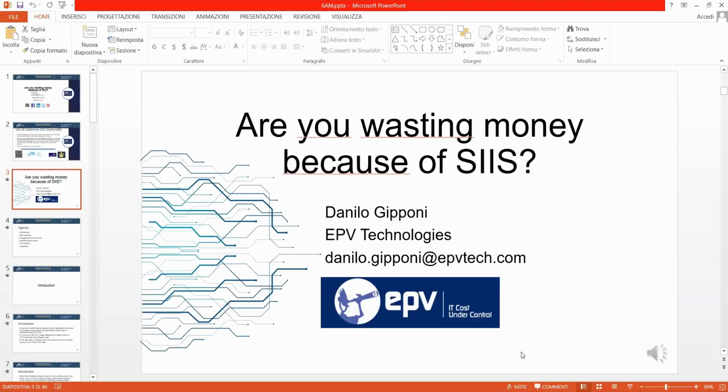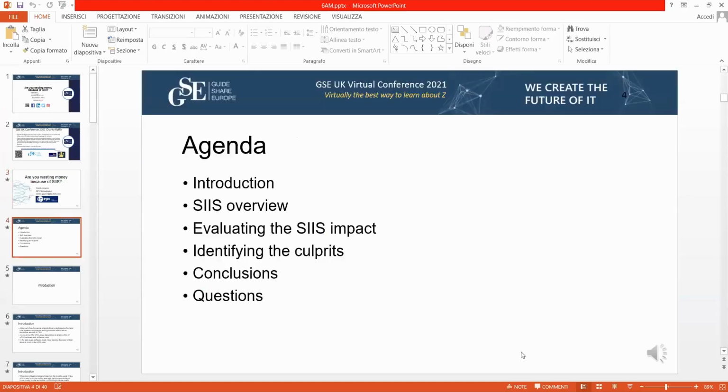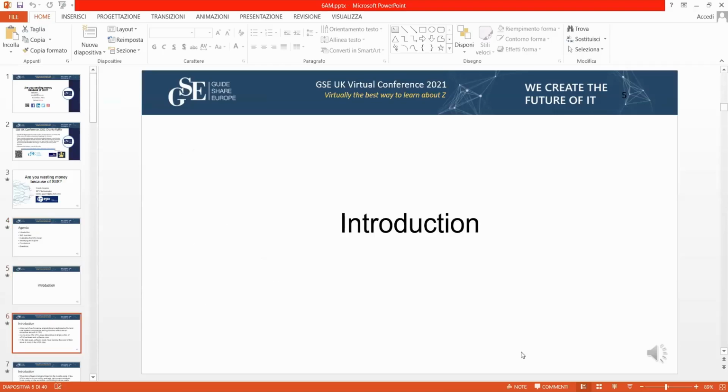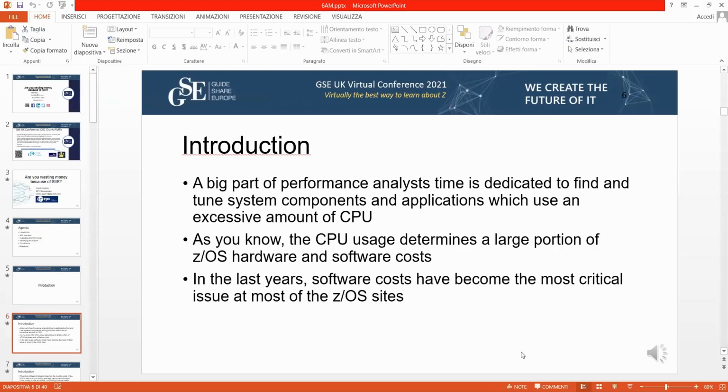So this is the title of the paper, and this is the agenda. I will make a short introduction, and I will give an overview of what a storage into instruction stream is. And then I will cover evaluating the impact, identifying who is responsible for eventual problems with this topic, and then the conclusion, and finally the questions.